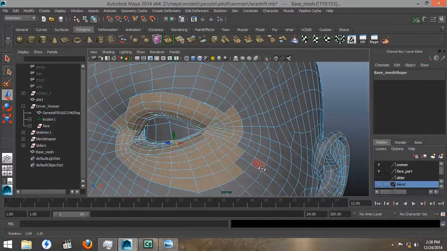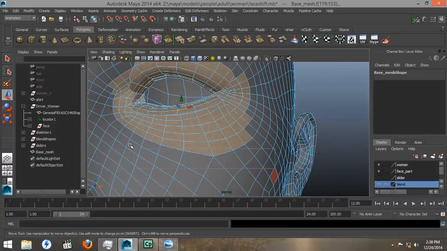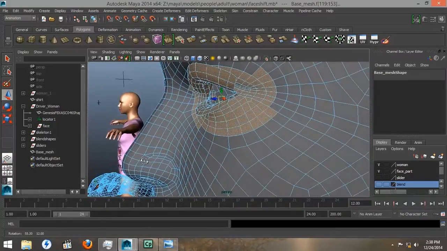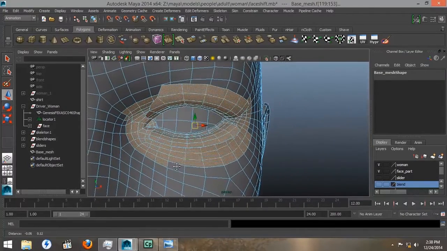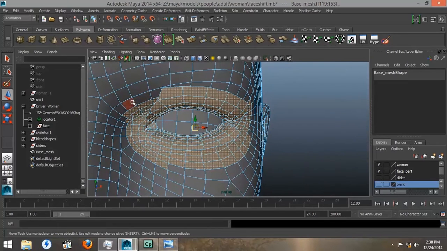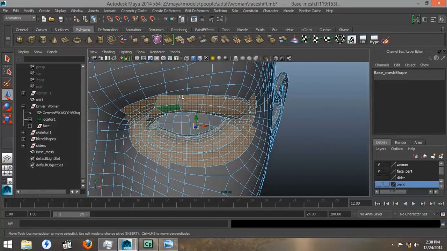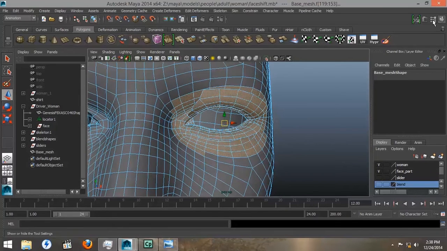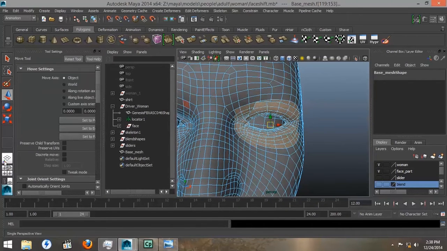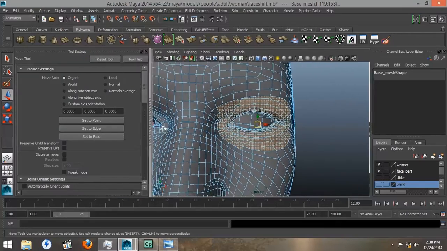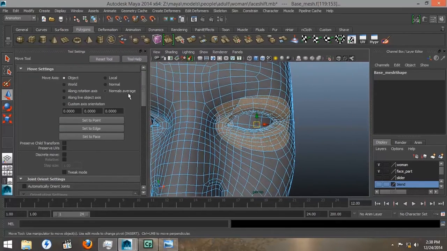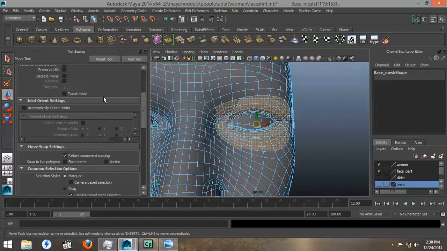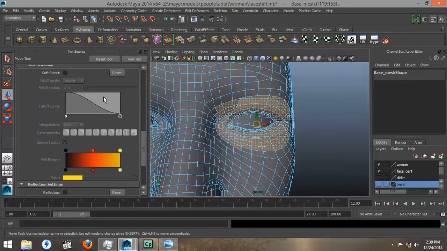We're not trying to be extremely particular about which faces we select. They don't have to be completely symmetrical. We just want a rough outline of where the orbicularis oculi muscle is around the eye, which controls the eye left and right movement. Once we have our faces selected, we're going to open up the Tool tab, and we want to go down to the Soft Select section, which is about halfway down. Then we will turn on Soft Select,